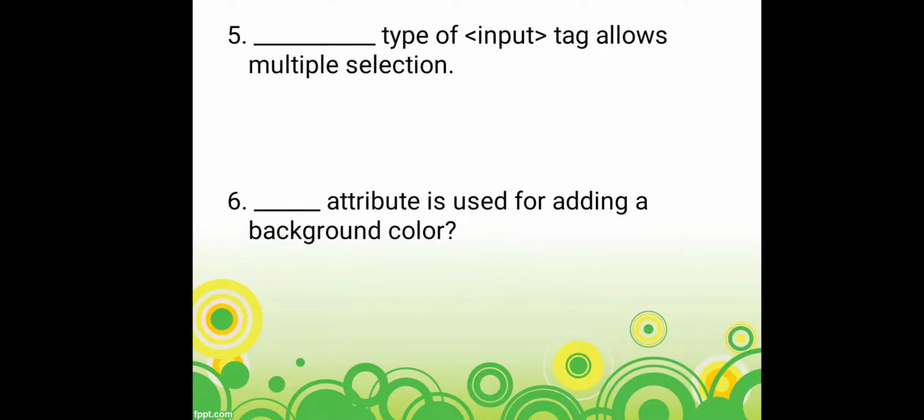Dash type of input tag allows multiple selection, means it allows multiple values. So what answer have you given? Let me see. Checkbox, select, multiple, checkbox. What was the question? Input type, dash type of input tag allows multiple selection.